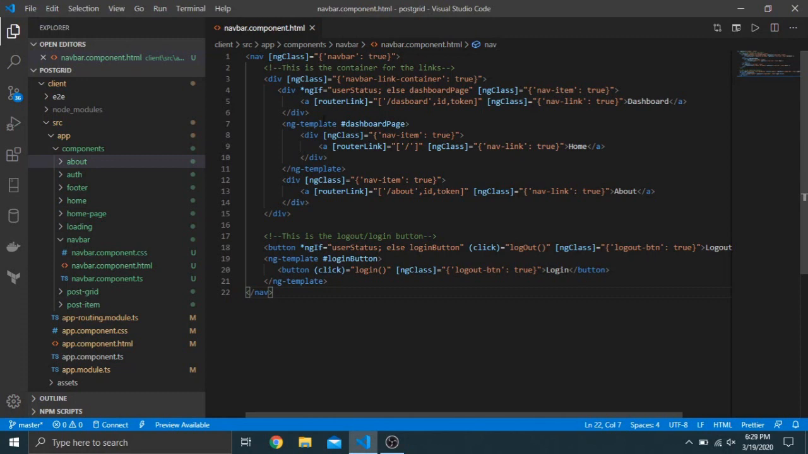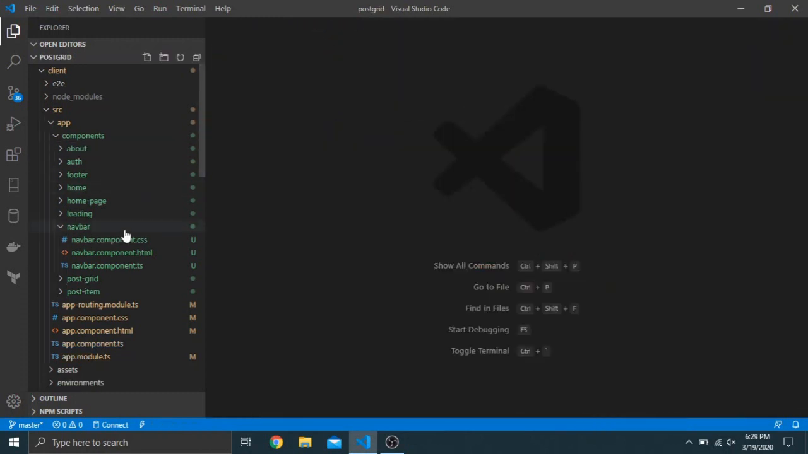And so that'll be it for this video. That was all the components that just output stuff. Now we're going to get into the components that actually we have